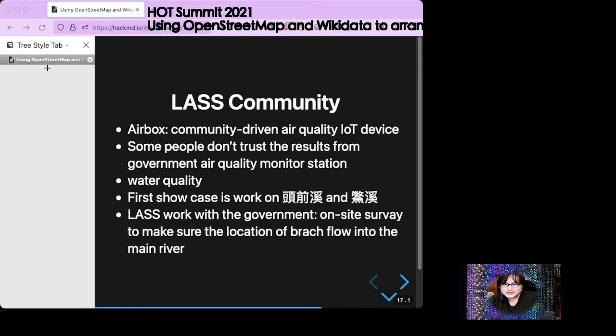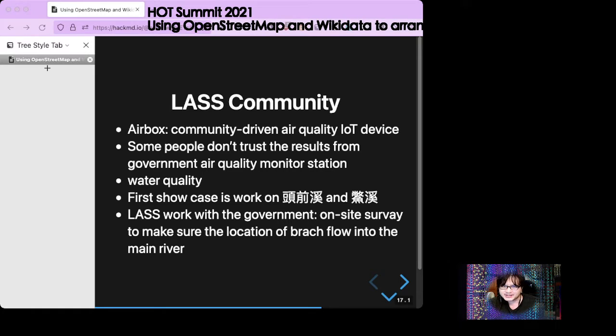So sometimes the air quality number is good, but for some citizens, their children have runny noses, so they know there's something wrong with the air quality. So they decided to monitor the air quality themselves and distribute these AirBox IoT devices. And right now, the community wants to tackle the water quality problem.